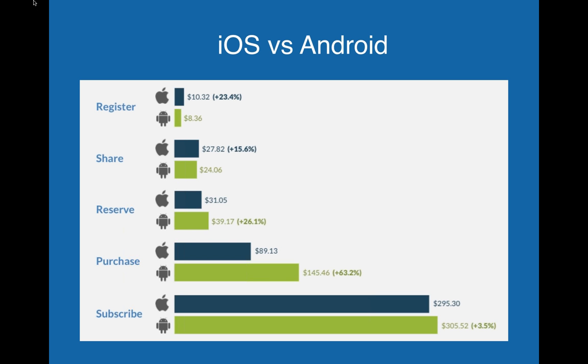I guess what's maybe more interesting is the causes for that. There's a lot of research into this. iOS users tend to be more affluent on average, coming from more affluent demographics. There's several reasons for that as well. iPhones are just cheaper than Android devices on average. There's a wide variety of low-end and mid-range Android devices, which is less true for iOS. There's also this perception that iOS is more premium. And all of that makes iOS typically more attractive to advertisers, including brand advertisers, and that pushes up prices.